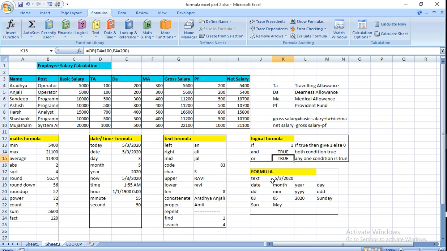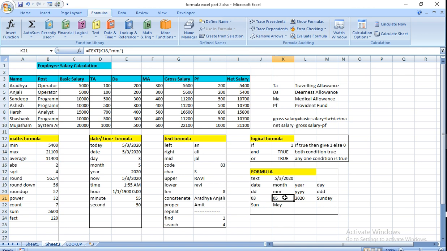Now text formula. The TEXT formula can be used for the date also. You have given today's date there and want the date. To extract the date number, you have to write the text and the date position and then comma DD. Then it will give you 03.